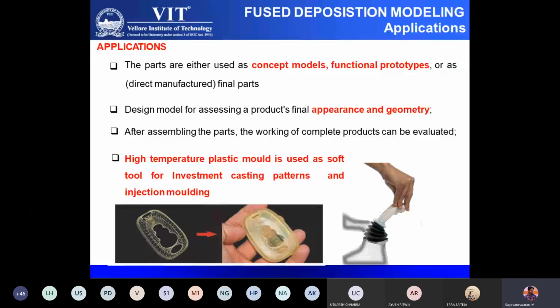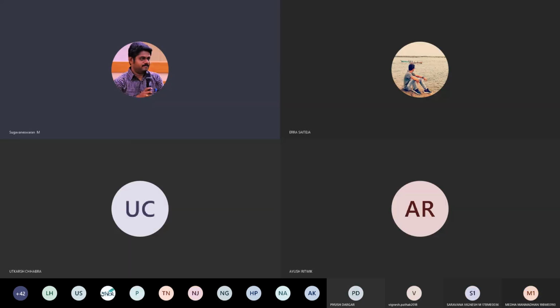So in that case, for a fewer number of components, without going for a mold, you can directly print through the additive process. Even if there is any change after form, fit, and functional testing, you can redo the CAD and again print those many components for another testing. So these are all the critical advantages of the application of the FDM process. So with this, we'll